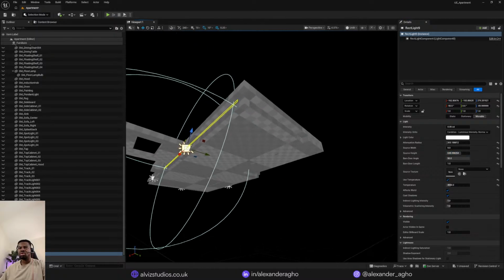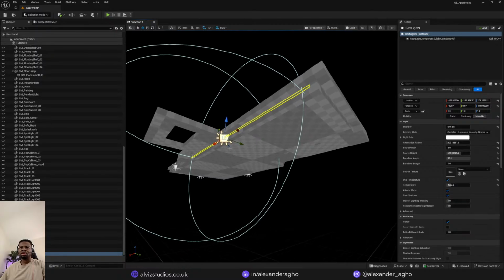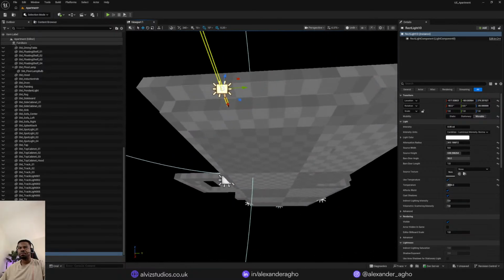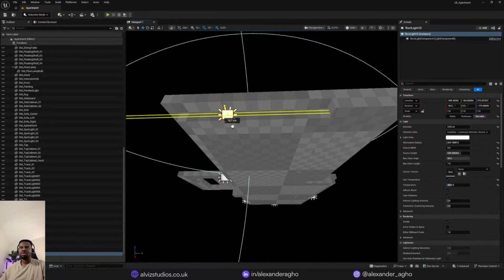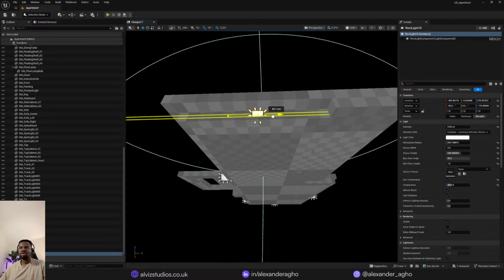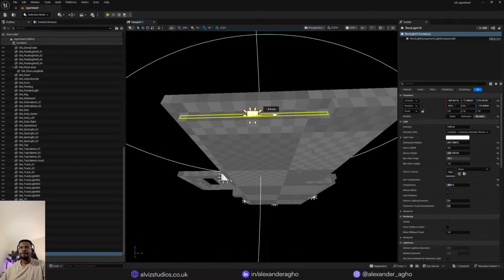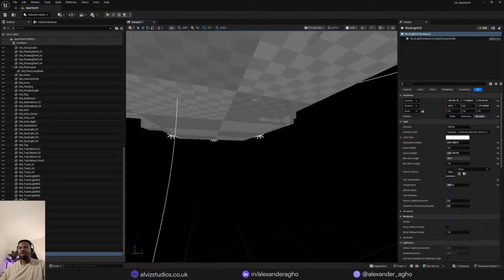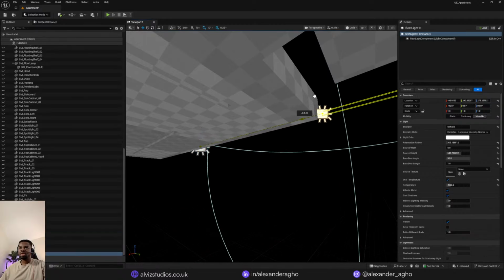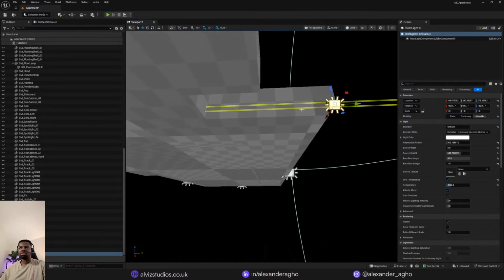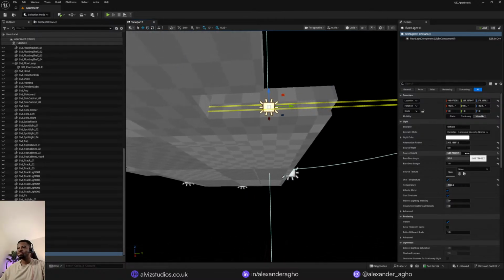I think we have one or two more to do. Make another copy, rotate, and adjust the height. Okay, there's one more here. Why do I feel like I'm still going to miss one? But let's see. Adjust the height